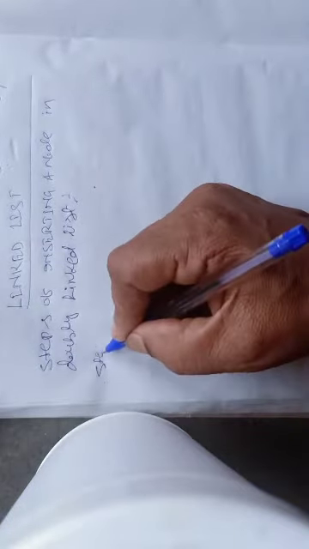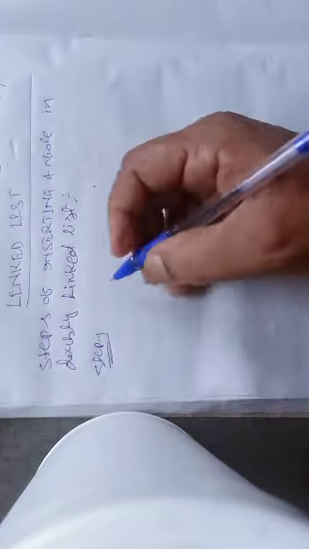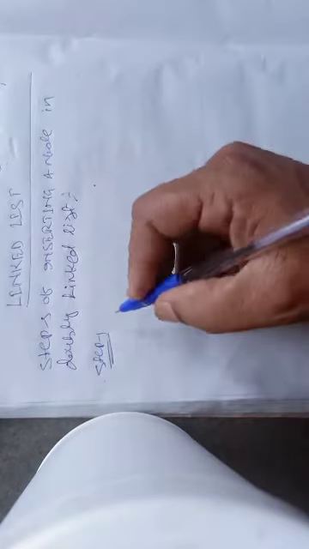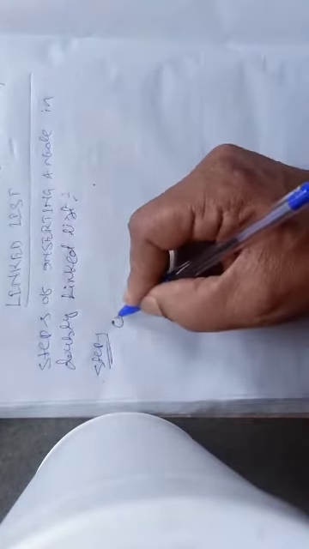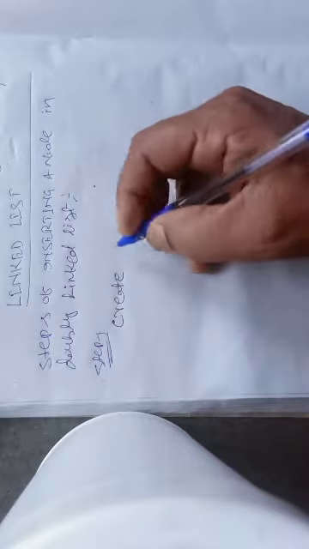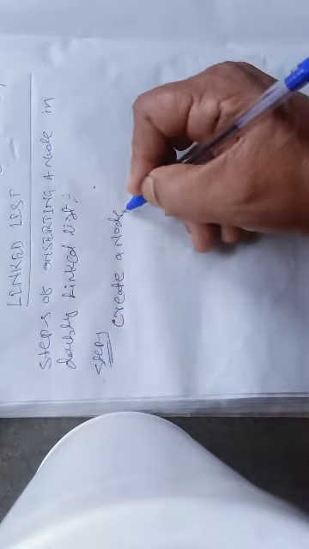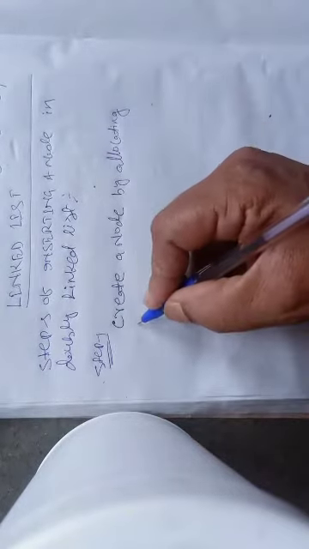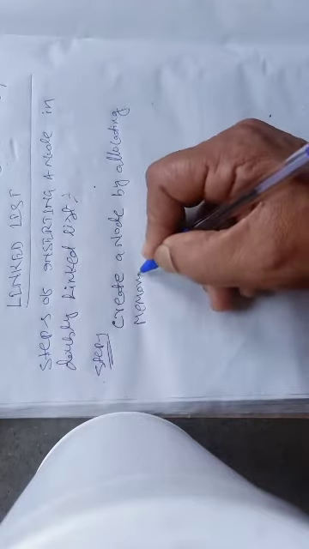The first step is, using the malloc function, try to allocate memory space. So we will say that step is known as create a node by allocating memory space